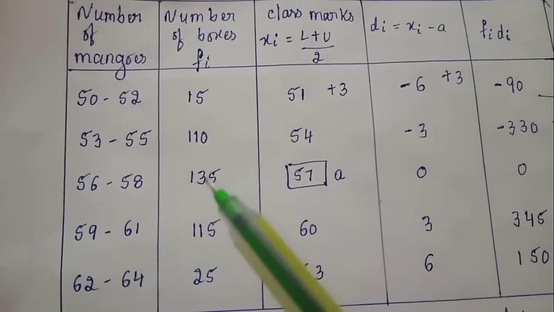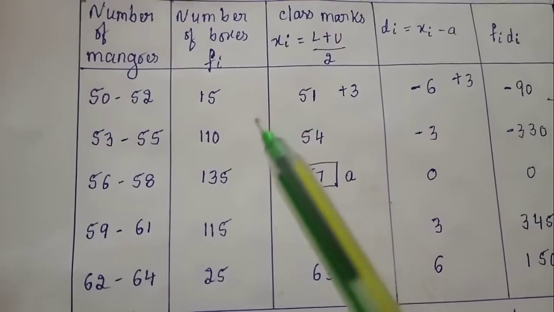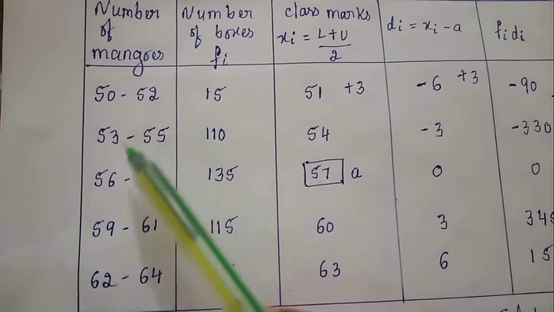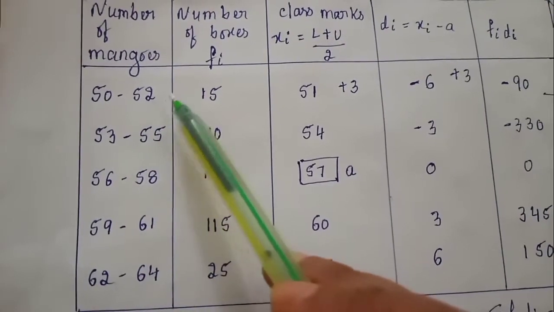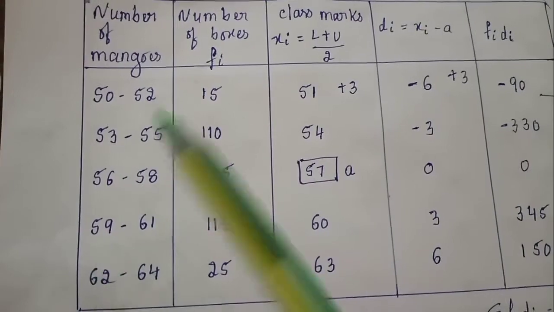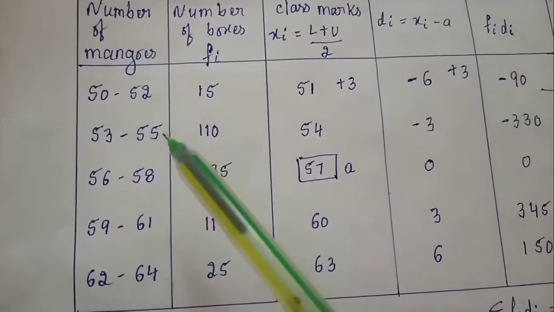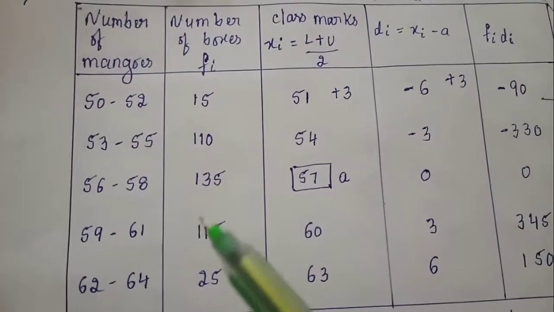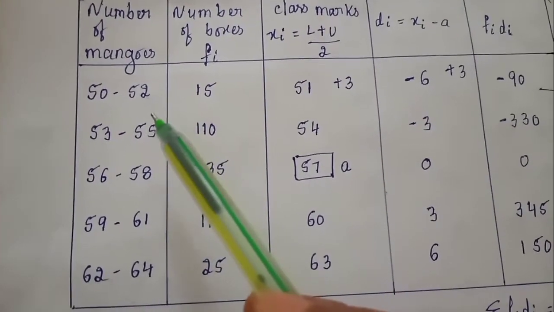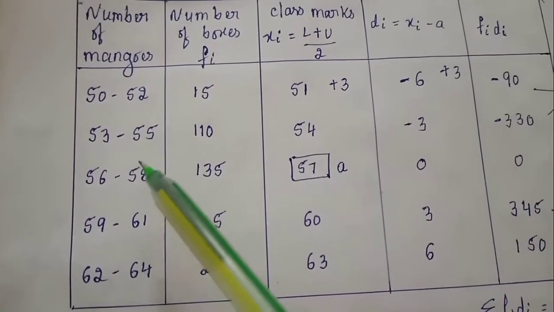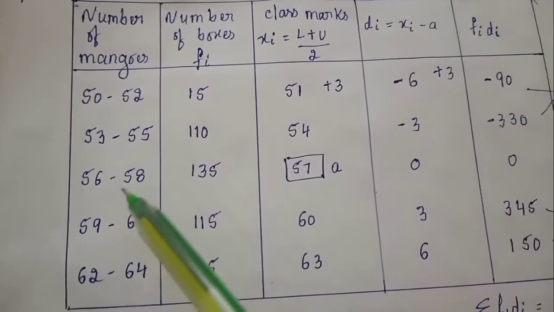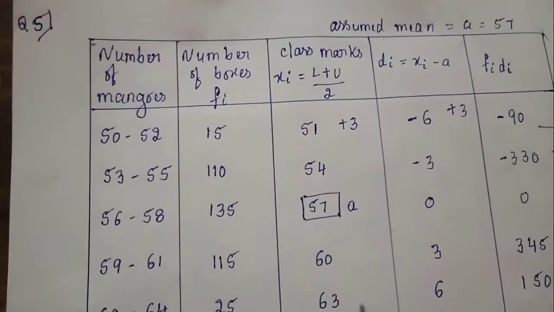But when we go for graphical representation, that is bar graph or histogram, we have to make them exclusive by subtracting 0.5 from the lower limits and adding 0.5 to the upper limits. But we are not representing this data in the form of a graph, so it is not necessary to convert this inclusive type to exclusive. We can continue as it is.